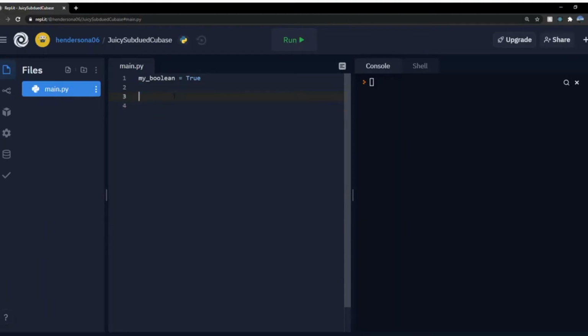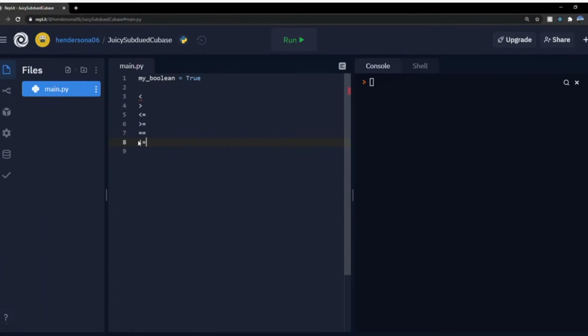So with this in mind, we can create some more elaborate conditions. There are six main operators for conditional statements. We have less than, which we've just seen. We have greater than, less than or equal to, greater than or equal to, and equal to. That's our two equal signs here. It's two equal signs, not one, because one equal sign assigns a variable, so it has to be two for conditional statements. Just remember that: one equal sign for assigning variables, two equal signs for comparing variables as a condition, and not equal to, which is an